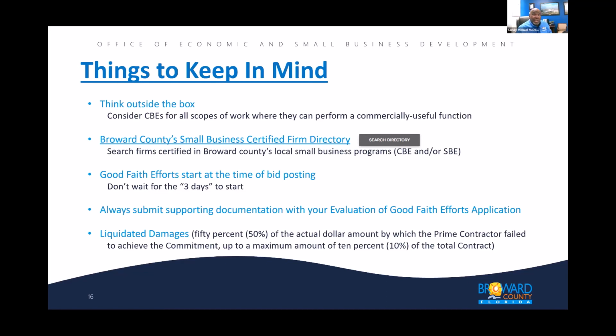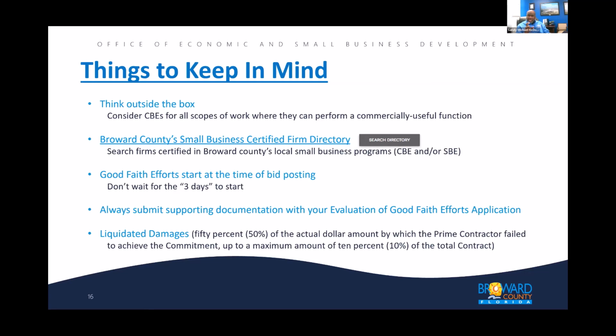Maybe the CBE is a supplier of material. You can use them. Maybe the CBE does the striping, not the asphalting. You can use them. Maybe the CBE is a landscape company, and part of your job is you have to tear up the curb and the median and that landscape, and it has to be replaced. You can use them. Maybe this is part of a city project or a county project, and you had to do the notifications to the public or the road closure and other activities. You can use the CBEs. Maybe it's part of a major reconstruction where there's going to be outreach done to different organizations and residents in the area. You can use CBEs. Any part of the job that's a true useful function, not just the traditional stuff you think about. Anything that's a true useful function,